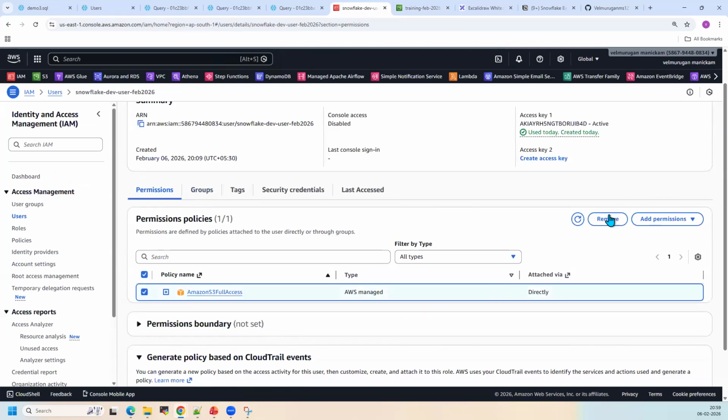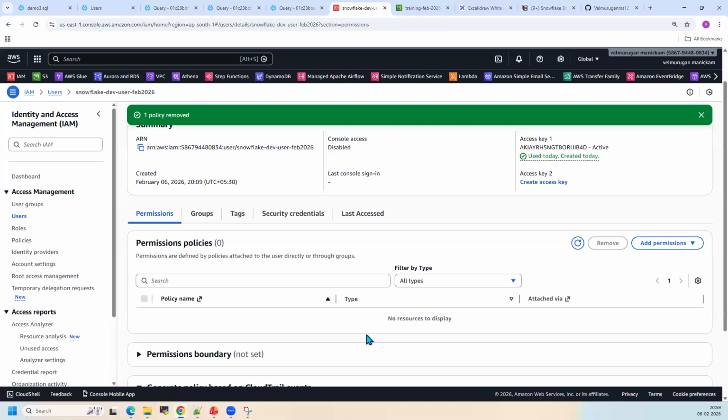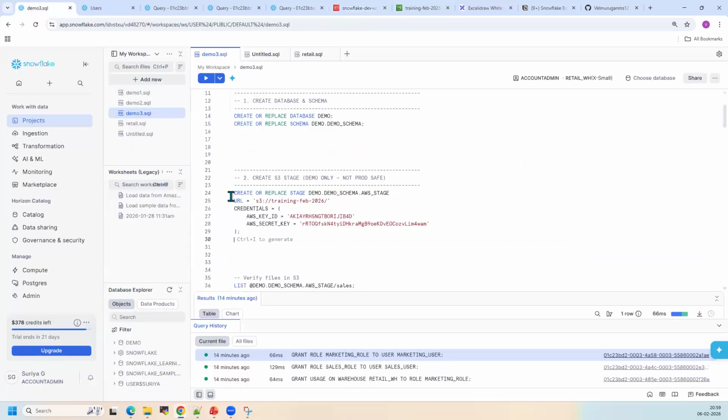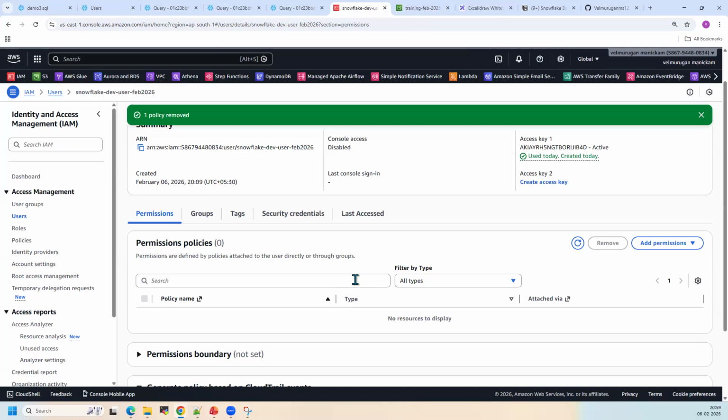Let us say only certain IP addresses are allowed to access the content of this S3 bucket. Now I removed the permission for this user. Now this user cannot access it, right? Not about the permissions. Only selected IP addresses are allowed to access the content of this S3 bucket. So how does